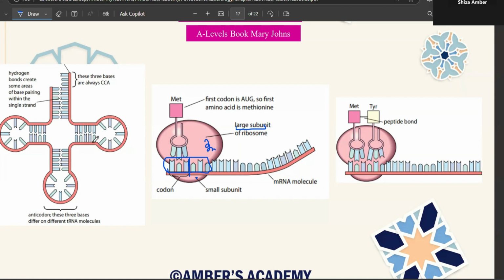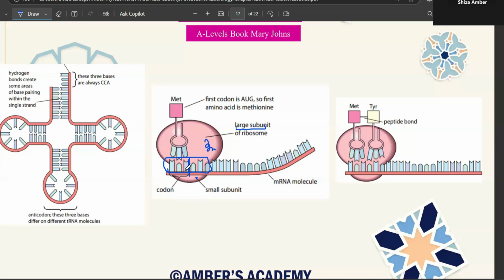Now your tRNA is going to come here and bind with your mRNA. And you need to remember this fact that the first triplet code of mRNA is always going to be AUG. AUG means a start codon, which means start the synthesis of protein now. It's just coding to start the synthesis of protein now. So AUG is going to be a codon, and then your tRNA will come.